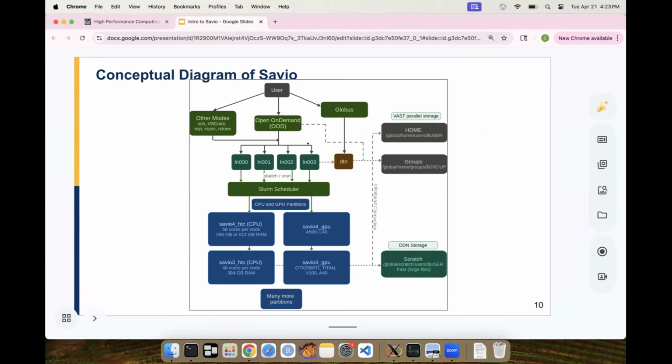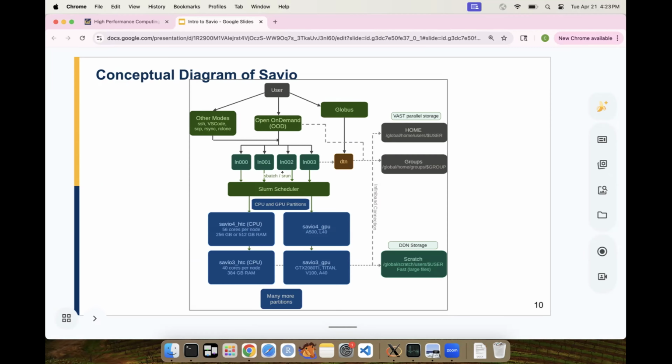Through all of those mechanisms, you are going to be on one of these login nodes. And then at that point, you are going to start a job. Now, if you're doing it through Open OnDemand and you're not in the terminal and you start an app like Ray was showing, you're not going to be explicitly using sbatch or srun. But behind the scenes, a job will be started for your